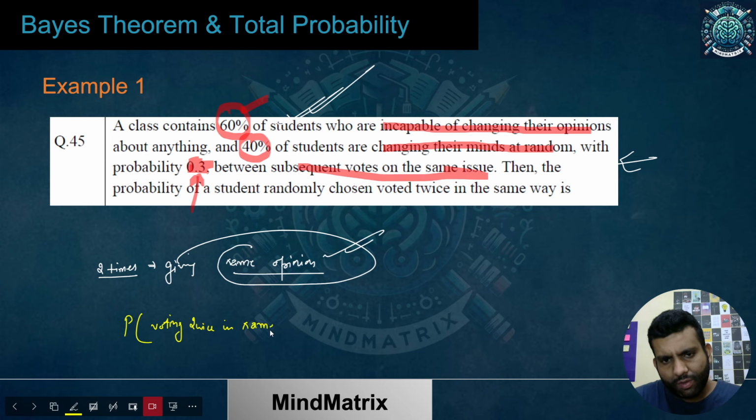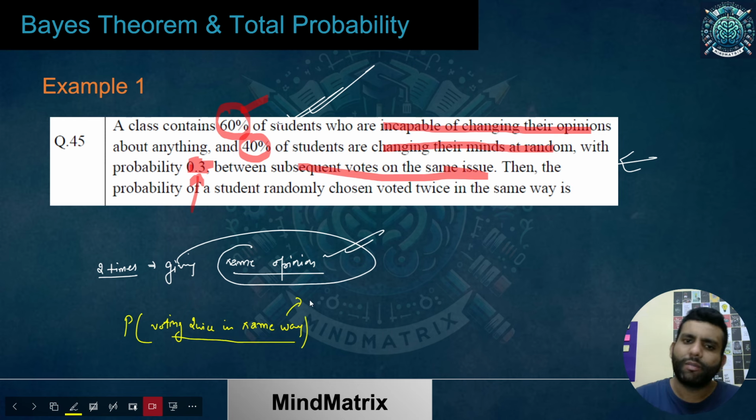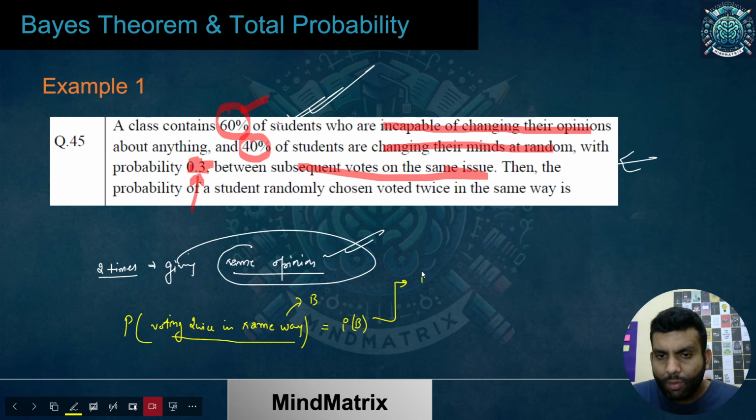This event I am denoting by B. That is, I would like to calculate P of B. So I can break it into two parts: probability of B given A1 times probability of A1, plus probability of B given A2,